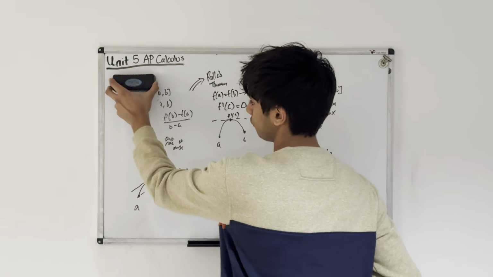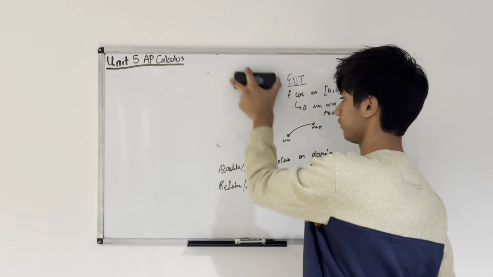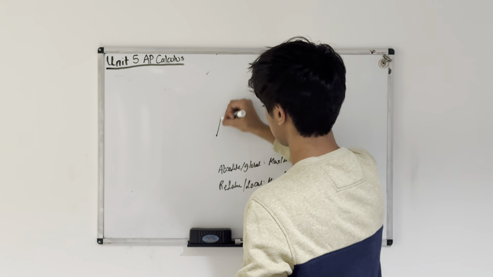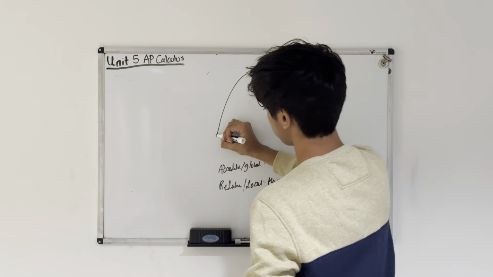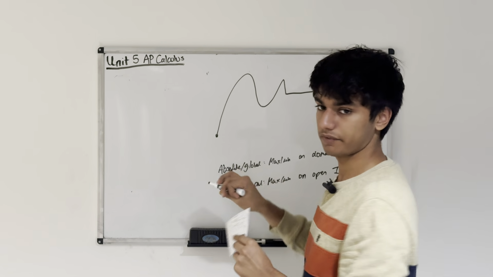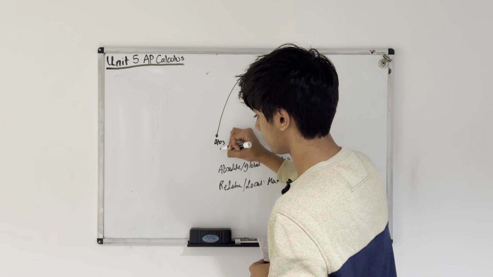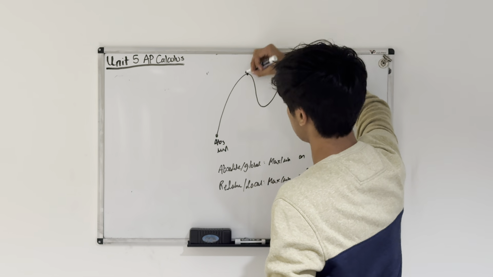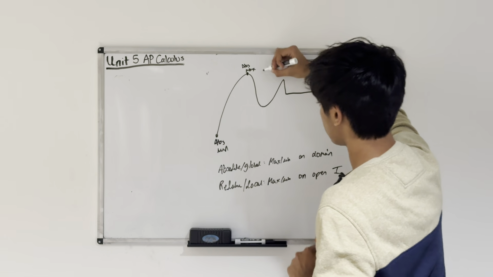So let's imagine now, just to really understand this, because it's important that you understand the difference between absolute and relative, let's imagine we have a function that looks something like this, okay? And this is the interval from here to here, that's the domain. Okay, so first, let's identify all the points as maxes, relative, or absolute. This one is an absolute minimum, right, because it's the lowest the function reaches on the entire domain. This is the maximum, right, because it's the highest it reaches on the entire domain, and it is a relative